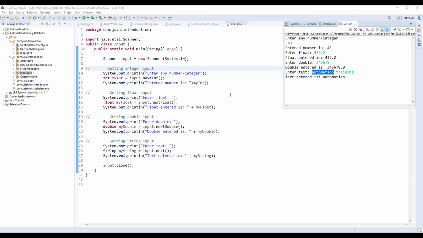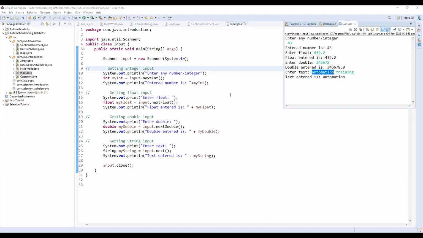Nirvesh, just one question. Is the Scanner functionality really useful when we are developing an end-to-end flow? I'm not sure. Even in our automation, you will rarely use it. I haven't seen such a scenario where you have to use this. This is just for information. This comes under the Java basics, input output. If you have the knowledge, it may come in handy whenever you find such a scenario.